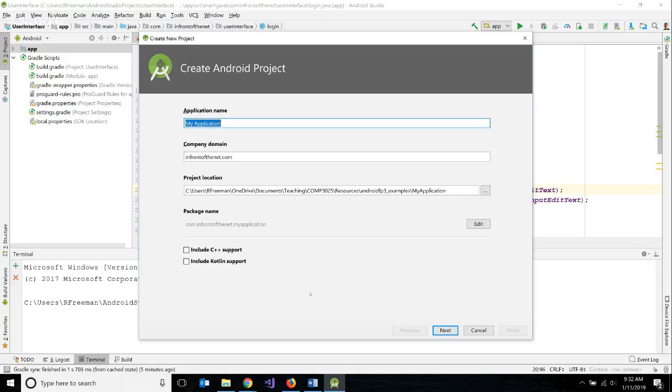It prompts us to create a new project. If we've already had a previous project open, it will default to opening that last project. So some weeks we'll build on top of what we've done the previous weeks, but for the first few weeks, because we're just getting our feet wet, we'll build a whole bunch of mini solutions. So I'll maybe call this one layouts, because that's what we'll play around